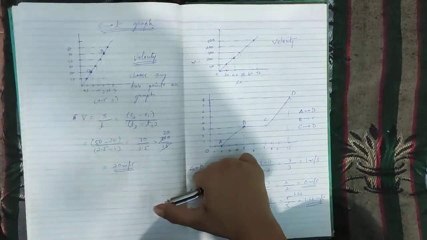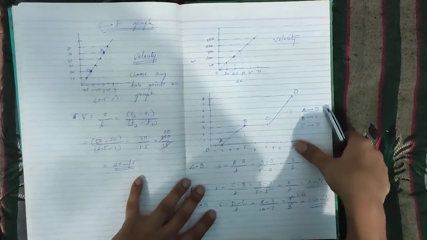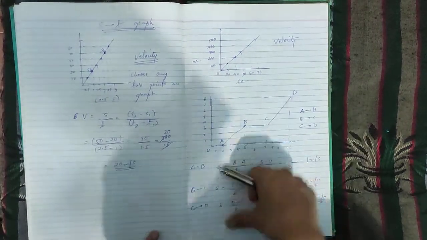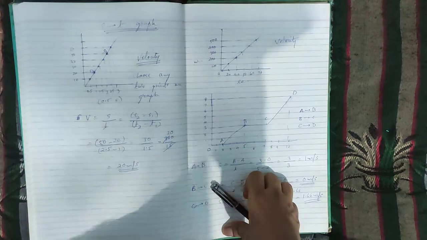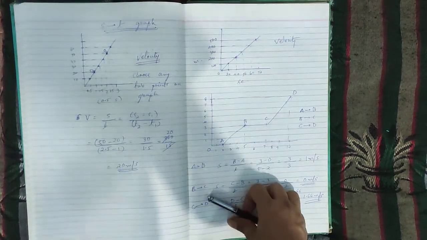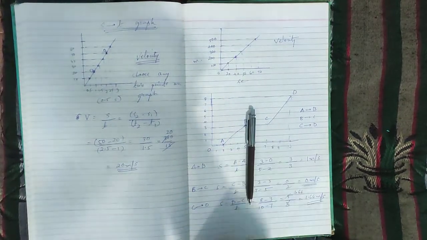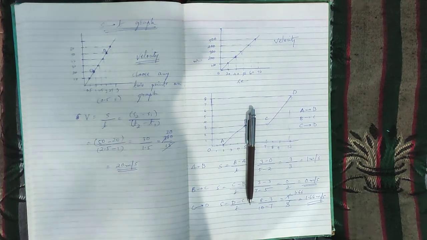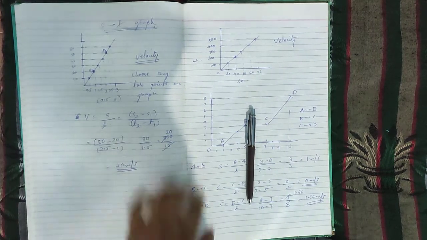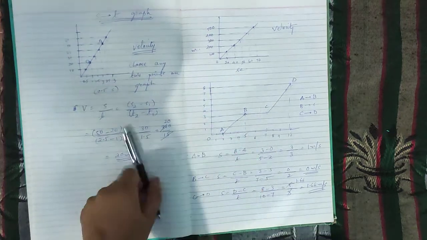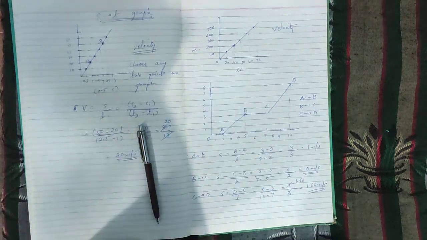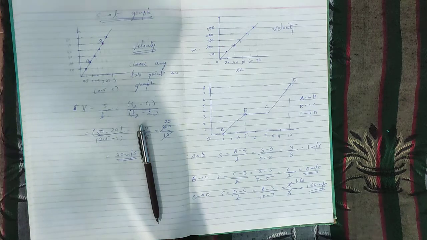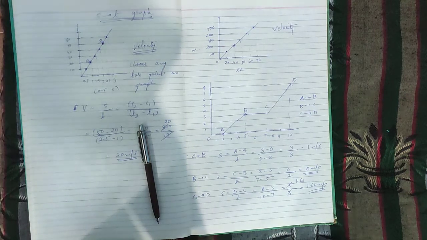Hello students. In the previous video we studied the distance time graph or displacement time graph, and I also showed you a few numericals on how to find the velocity of an object if it is in uniform motion. We solved a few numericals regarding this, and I also gave you one in homework so you can do it on your own, and let's see how it is done.